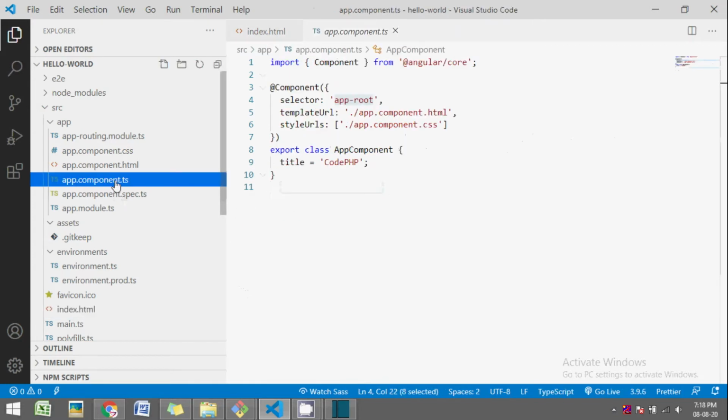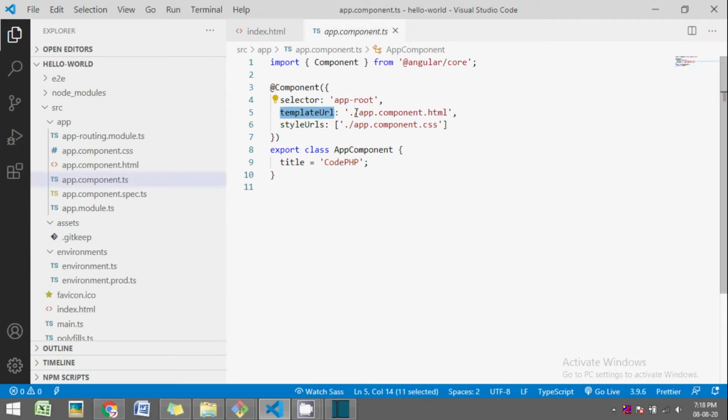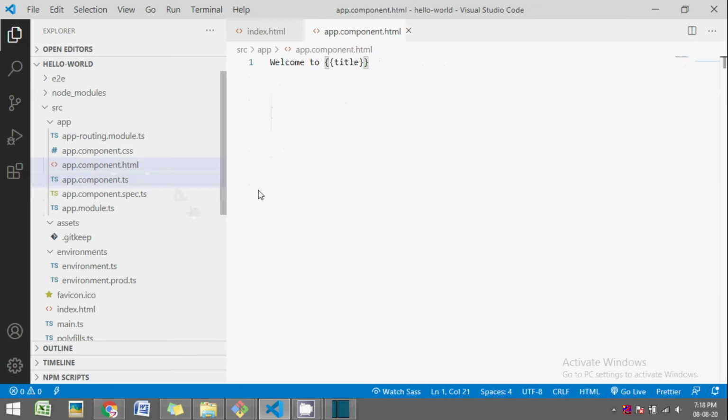But what exactly is the template for this app component? That is defined using the templateUrl. The templateUrl points to the HTML file that represents the view for this component. If we take a look at our app.component.html, we have welcome to, followed by title in double curly braces.